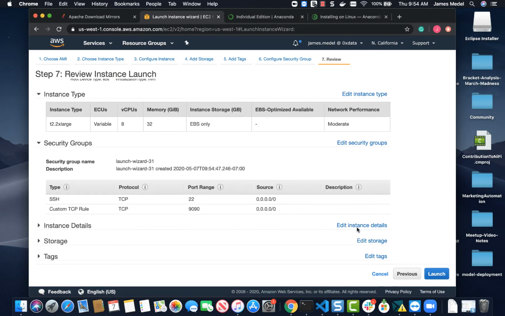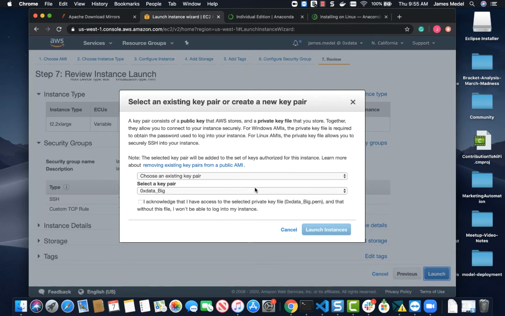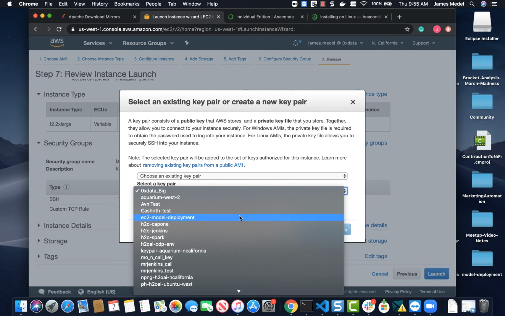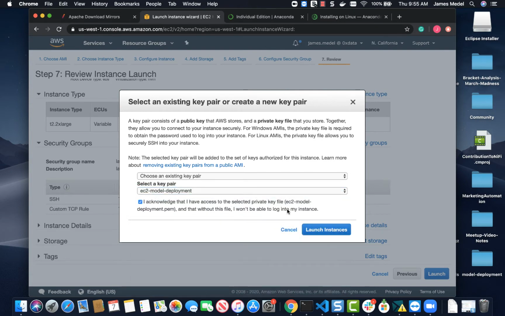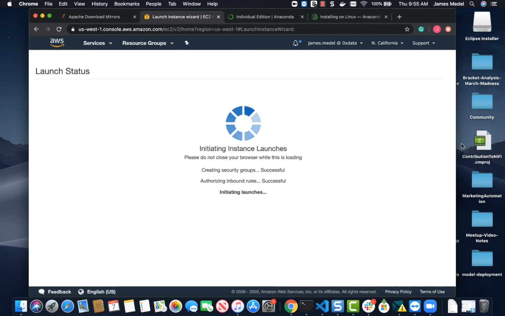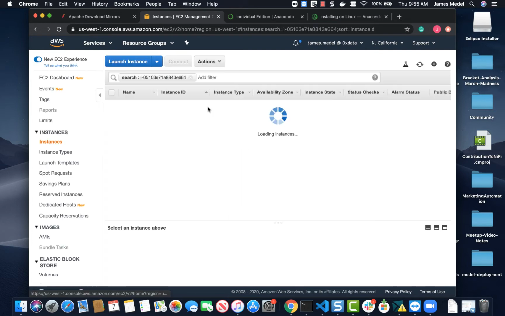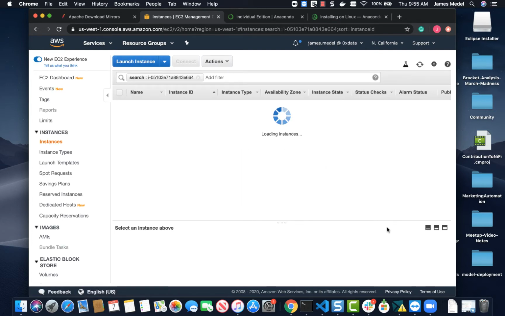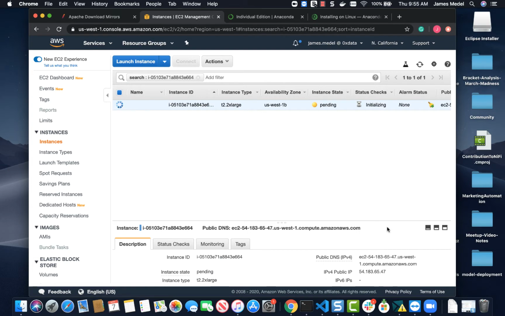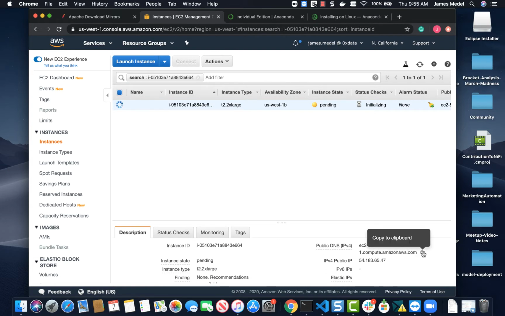So we're reviewing, looks like we're ready for launch. And I already created the key pair, so I'm going to go with EC2 model deployment. I'll click on acknowledge, launch. So what we need to do is get the public DNS,